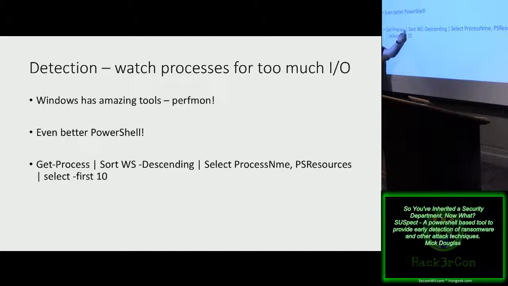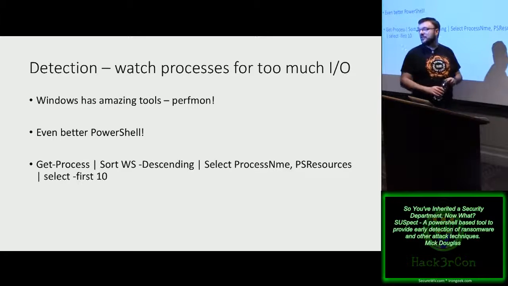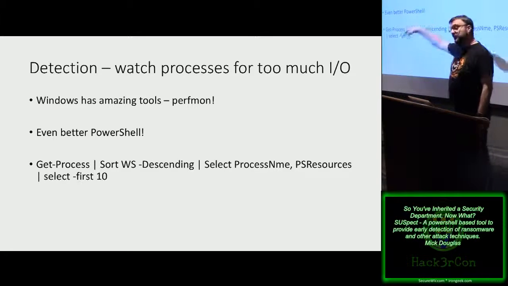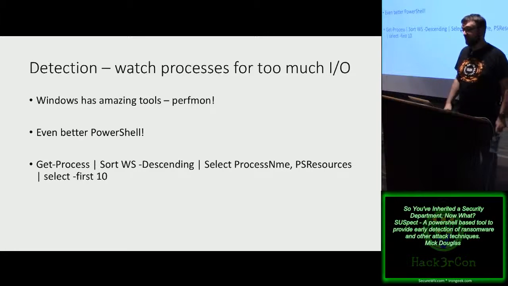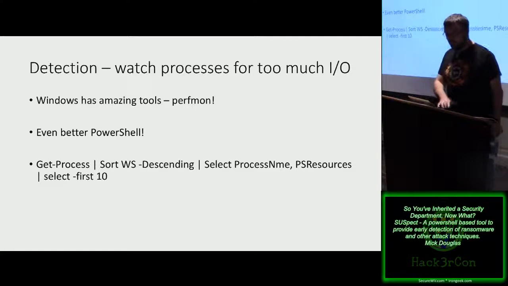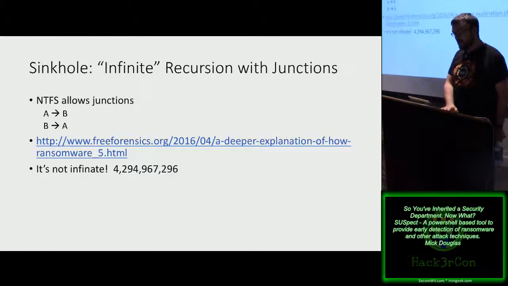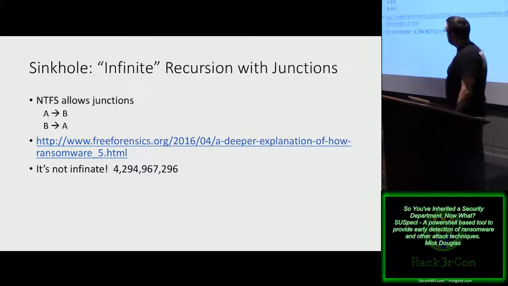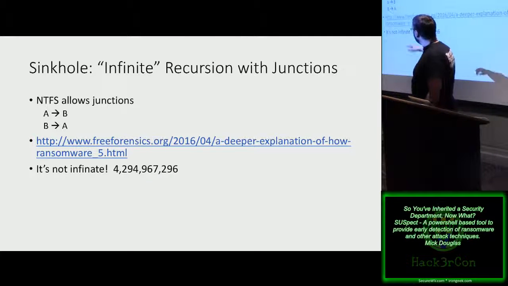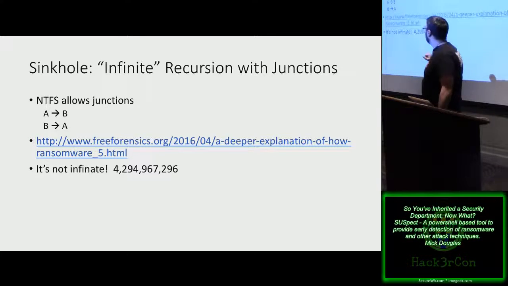Now, I see some folks going, it's kind of tedious. I don't want to have to run this command on every single machine. Okay, fair enough. But you know what's really cool? Check this out. Get-Process supports a command argument called -ComputerName, and then you can specify a remote host, either by host name or IP address. And that will allow you to reach out and touch different hosts in your environment. So it's crazy powerful, really good. So this is how you detect.